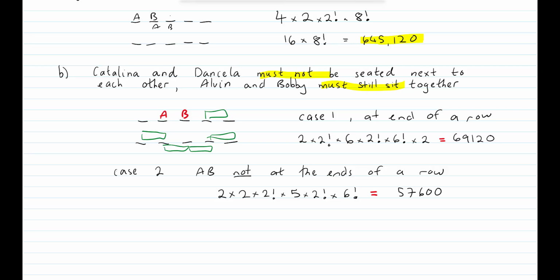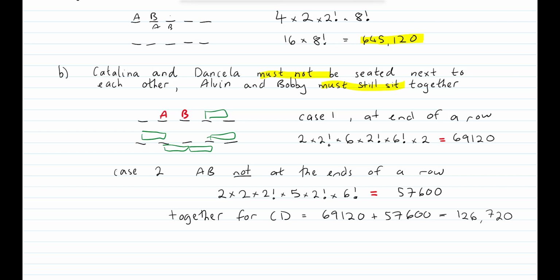Okay, so that's the total number of ways C and D can be together is going to be this. So together for C and D, that's going to be 69,120 plus 57,600. And that is equal to 126,720. And therefore, the total ways of C and D not sitting together, but Alvin and Bobby sitting together, will